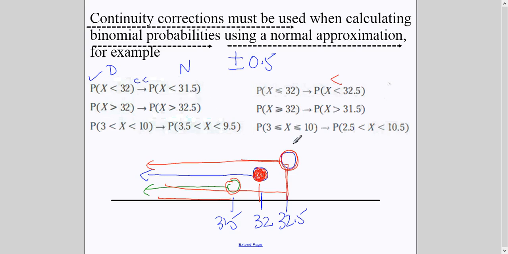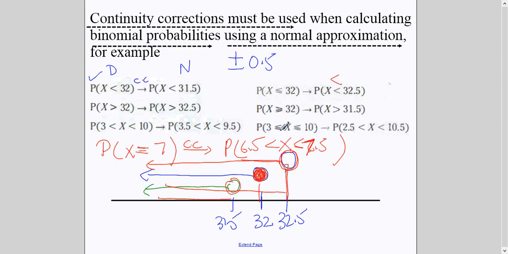You can focus on the rest of the concepts here yourself and try it out. So this is the concept of continuity correction. By the way, if you have x equal to, for example, 7, then when you change it into normal with continuity correction, you add and subtract both. It will become 6.5 to 7.5. Remember it. Okay, so let's take one question here. I have taken one example.